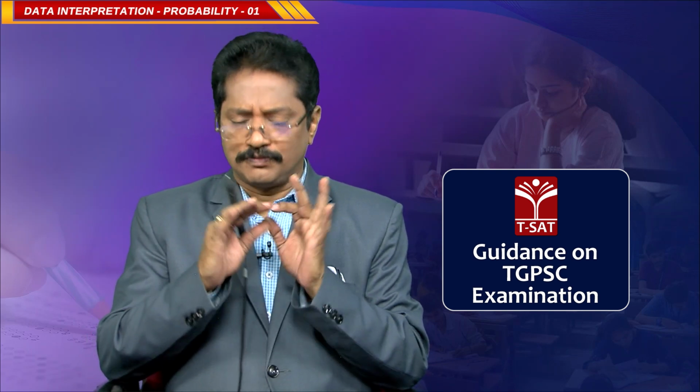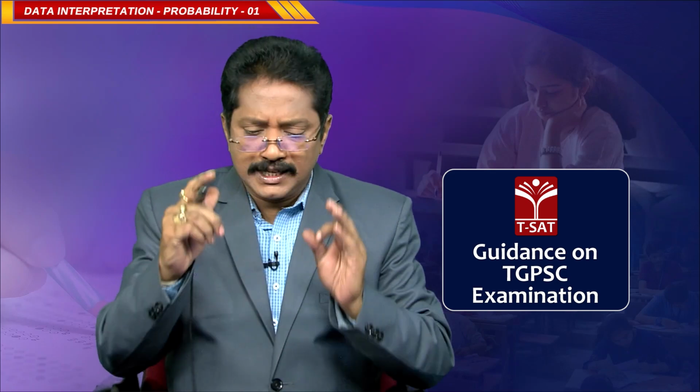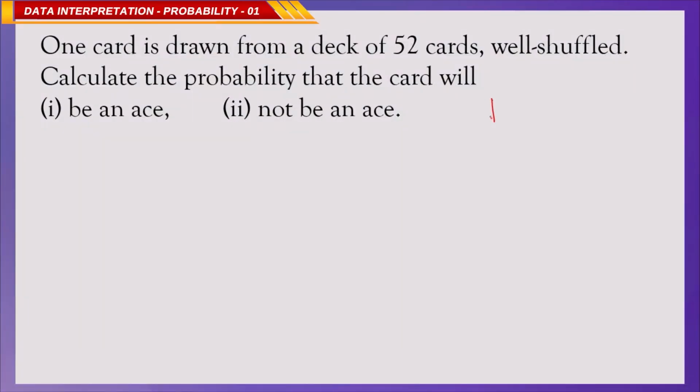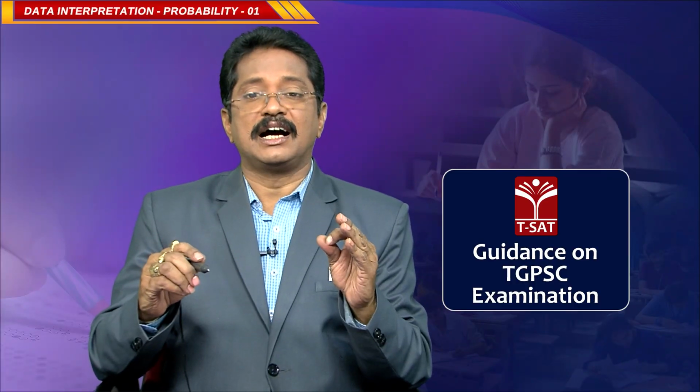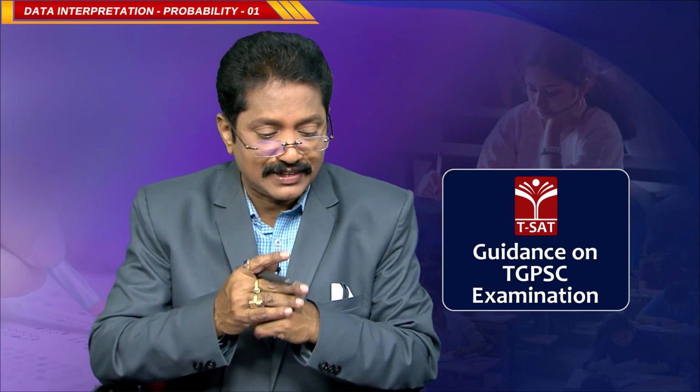Is it clear? So, a very important thing is the probability of an event. Probability of an event is the number of favorable outcomes divided by the number of total outcomes. This is the formula. This is the only formula for this chapter. That is an advantage to you, because by using this formula you can find the answer. And a very important thing is the maximum value for the probability of an event is 1 and the minimum is 0. Now, we will see the first question.